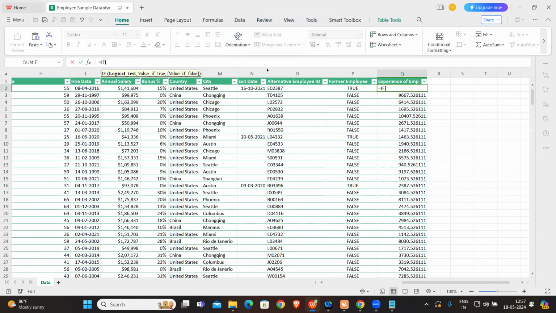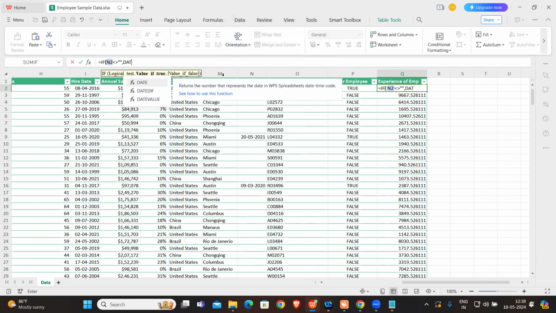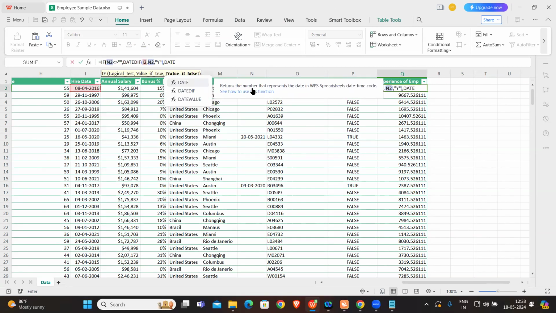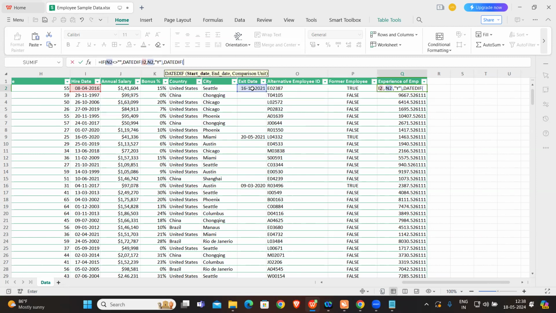If again the same, exit date is not equal to null, comma, then in that case what do you need to provide? You need to provide date diff of exit date, start date, sorry, hire date, comma, exit date, comma, and comparison is y, else date difference of start date is hire date, comma,